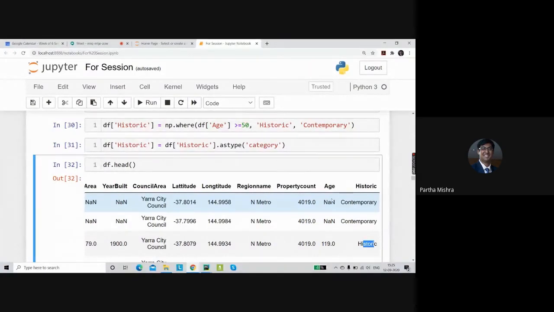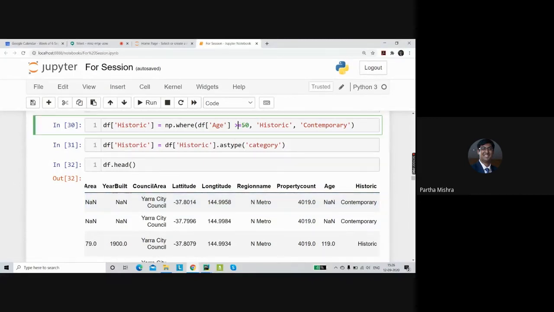NaN is nothing but not a number. It would have come wherein the age information is not present. So here you can clearly see the year built information was not present. Even the year built information is NaN. So it means it's blank, so it cannot give any value. And this particular condition will fail. So it's not greater than 50, so it will be given the label contemporary.